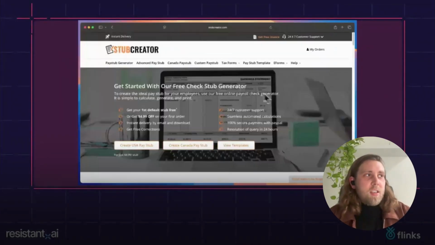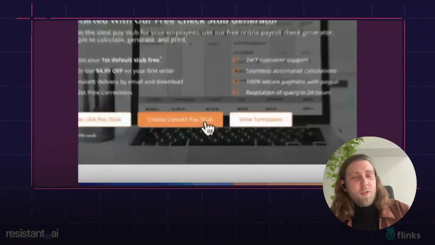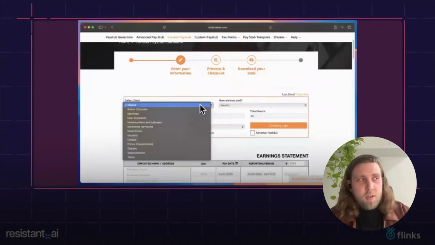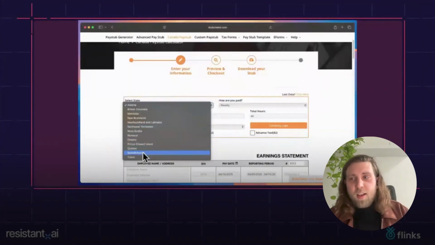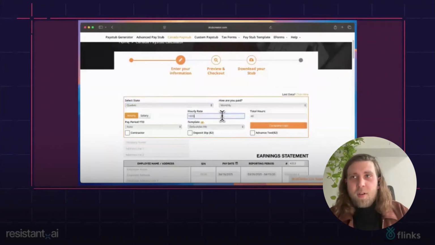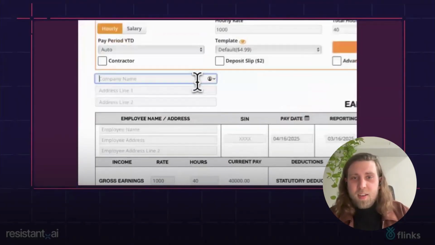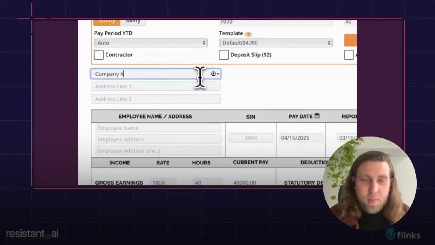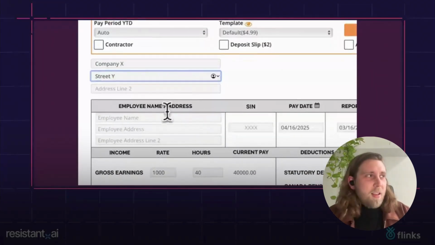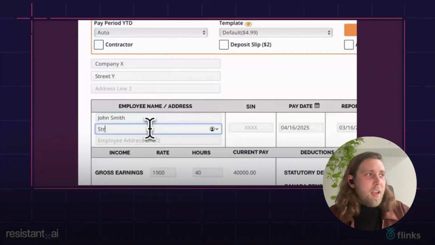And when it comes to these farms, it doesn't just have to be the classic grid-based product listing. The second video you see here now is a different type of farm. And this one we call the generator type, because this is not a static list of products you select from. This is a farm where you select what you want, you input the personal details, and the website or the tool generates the document for you. So in this example, I tried to generate a fairly simple Canadian pay stub, as that was one of the main offerings, right?